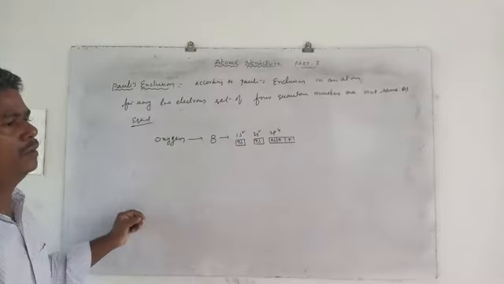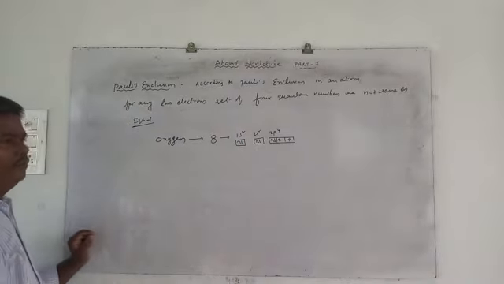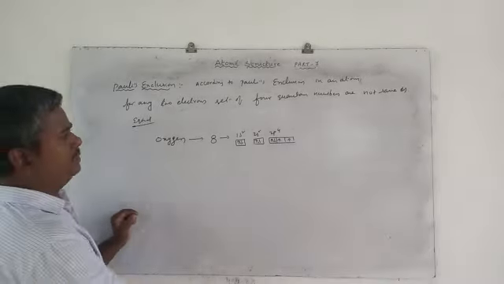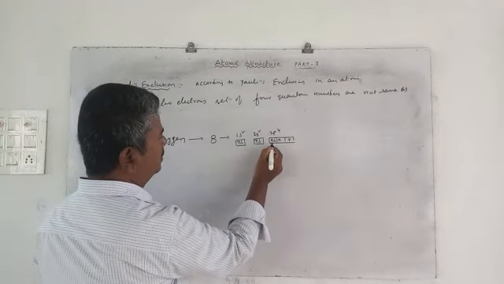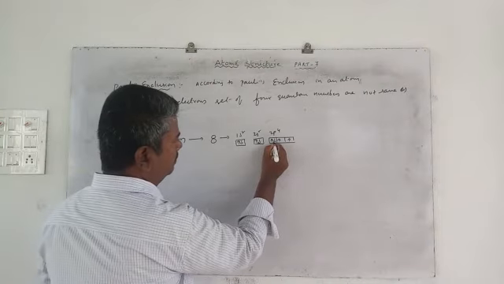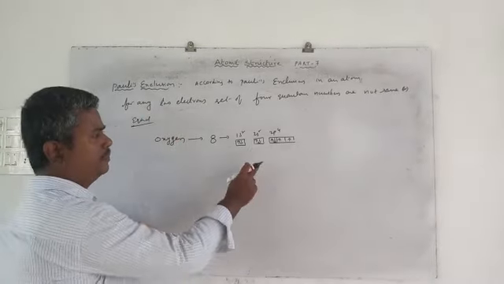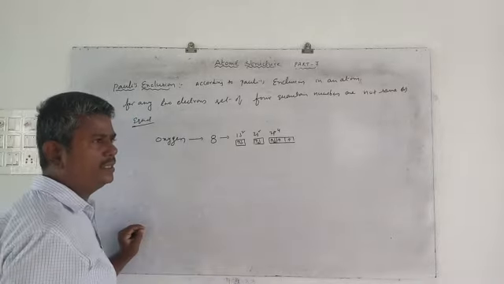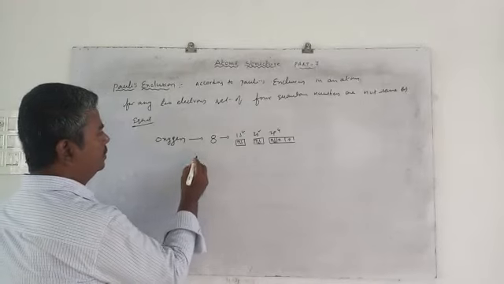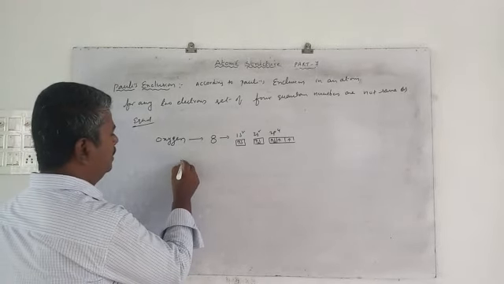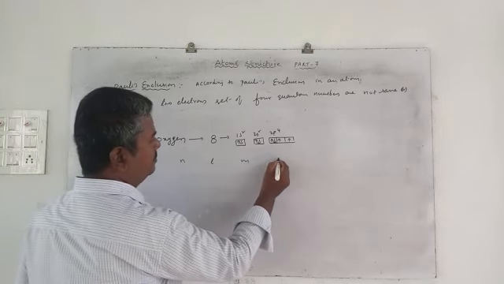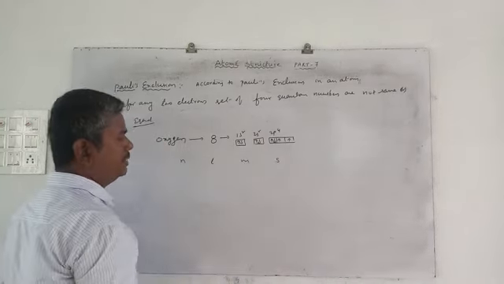Now, if you write the 4 quantum numbers for any 2 electrons, for example, write for this electron, the one I have underlined here, and also for this one. For these 2 electrons, write this set of 4 quantum numbers: n value, l value, m value, as well as which one? s value.